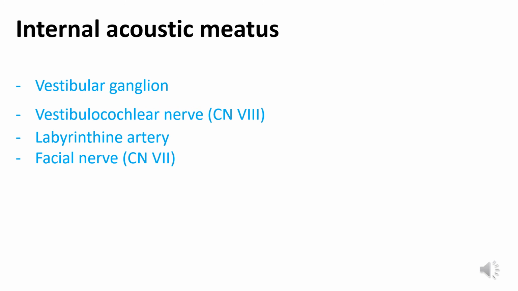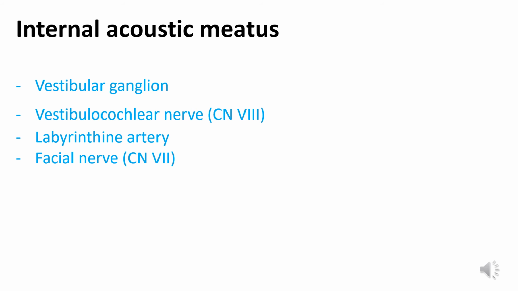Looking at the internal acoustic meatus, the vestibular ganglion, the vestibulocochlear nerve, the labyrinthine artery, and the facial nerve all pass through the internal acoustic meatus. Please take note this is found in the middle cranial fossa, and the cranial bone involved is the petrous part